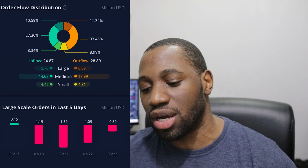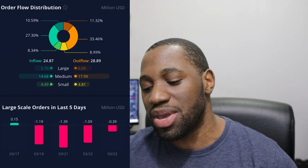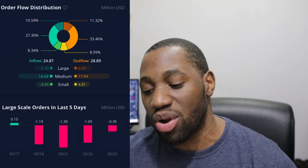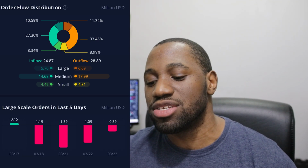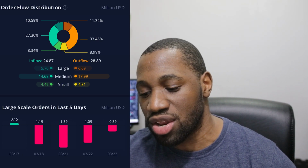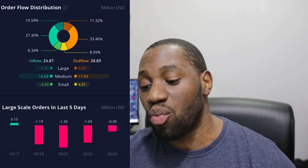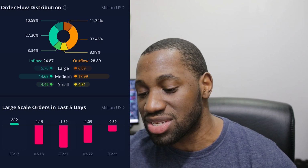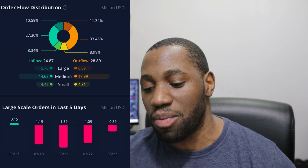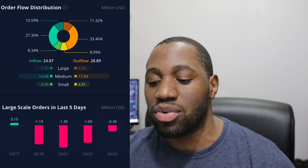When we take a look at the large scale orders in the last 5 days, you can see for today, March the 23rd, it being that outflow of negative 0.39 million. Analyzing the numbers even further for the small scale orders that tends to represent the retail side, we had more selling than we had buying. And then when we take a look at what happened on the medium, we had more selling than we had buying. And then when we take a look at the large, which represents whales, institutions, and funds, we had more selling